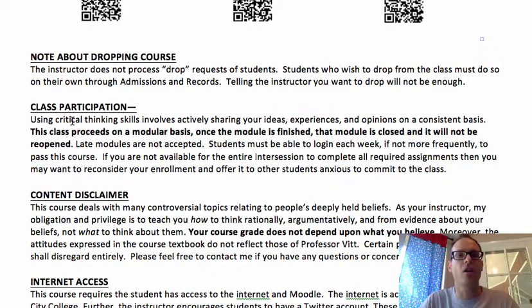Unless you intend on logging in several times a week or working almost daily on this course, you're going to have a tough time completing it, because if you miss a module, it closes and then you're not able to continue. So if you feel like, oh gosh, there's going to be a time this summer where I'm just not going to be able to access email, I'm not going to be able to get online, then I would encourage you to go ahead and unenroll if you don't think you're going to be able to meet the requirements of the course, because there are a number of students who are trying to add this course.